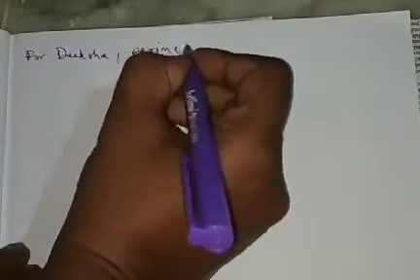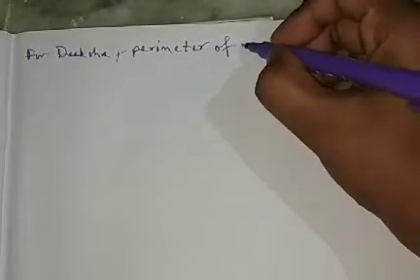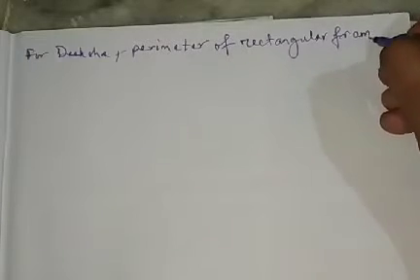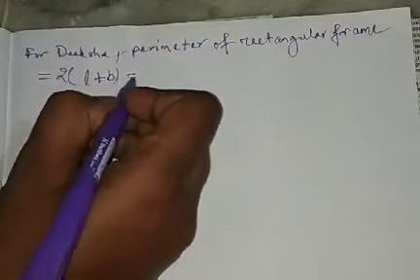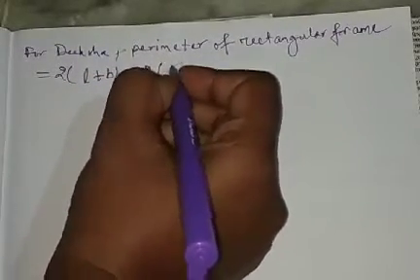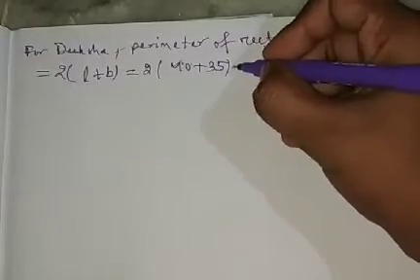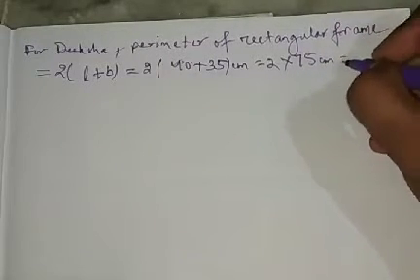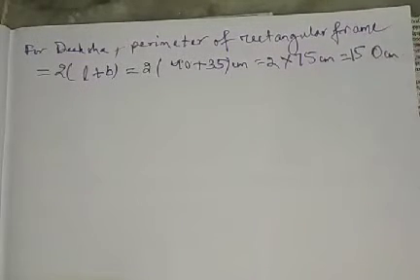perimeter of rectangular frame, we'll write the same, 2 whole L plus B. Okay, equal to 2 whole 40 plus 35 centimeter, equal to 2 into 75 centimeter, equal to 150 centimeter. So look,